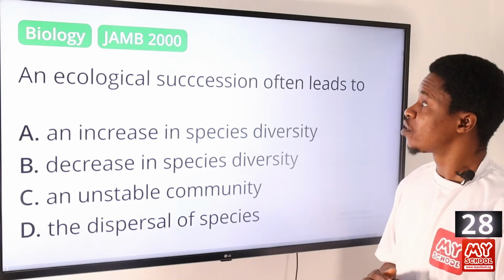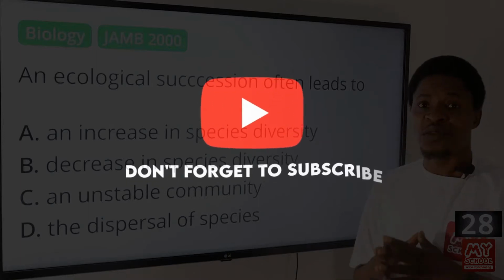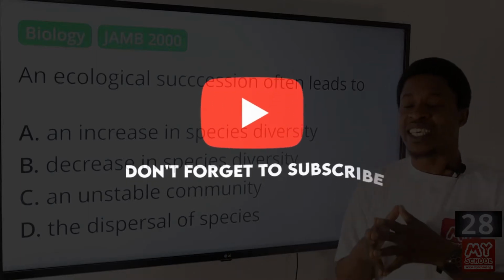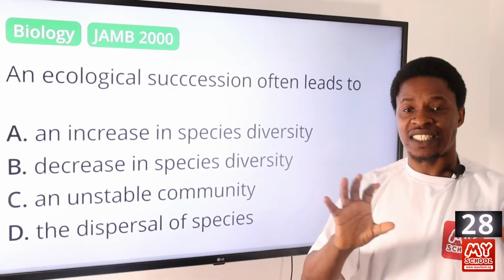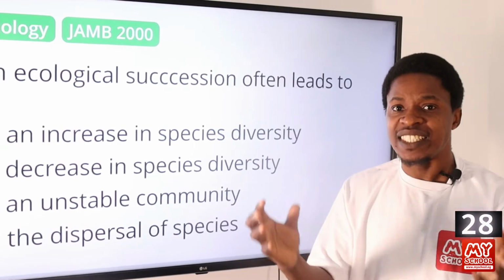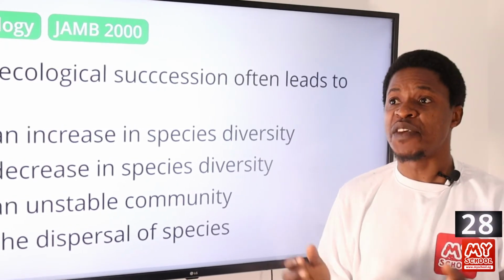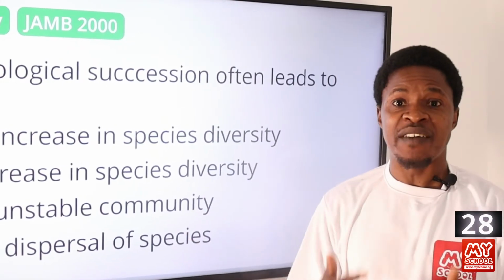Question 28. An ecological succession often leads to what? First, what is an ecological succession? It has to do with a kind of development, okay, that takes place in species, diversity of species, when there is a disaster that has taken place in a community. For instance, if there is an earthquake, okay, or we say there is flooding in an environment,